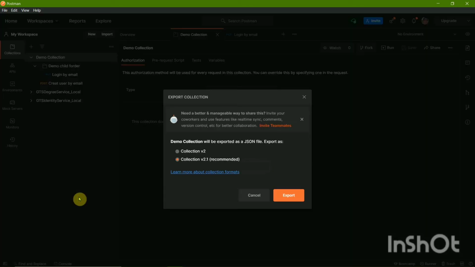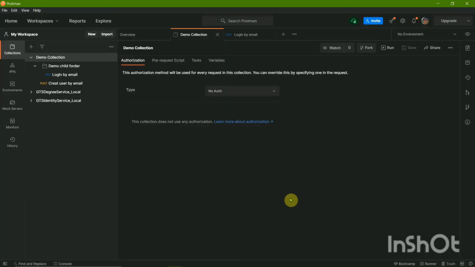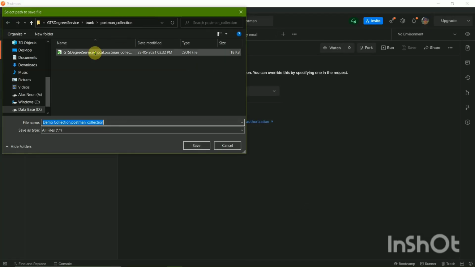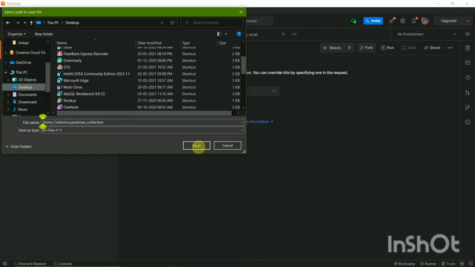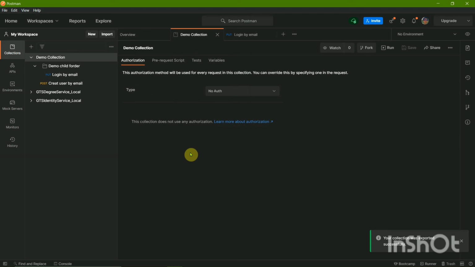You can click on export, and the export dialog box appears. You will have to make sure that collection v2.1 is selected, because that's what is recommended. Then you can click on export. Now it is asking you the file location, where to export it. So I will export it to my desktop and click on save. You get a message saying the collection was exported successfully.